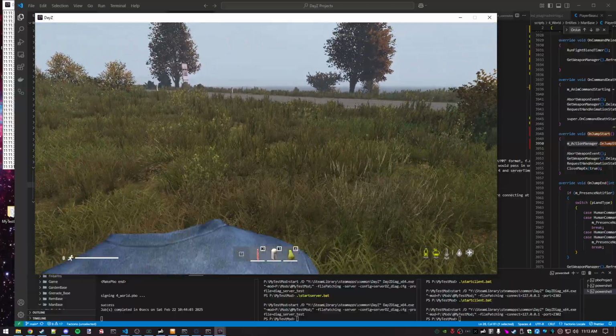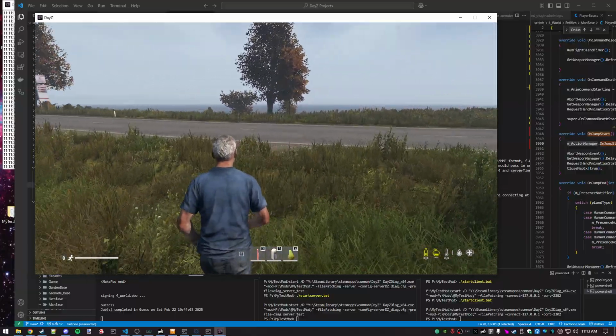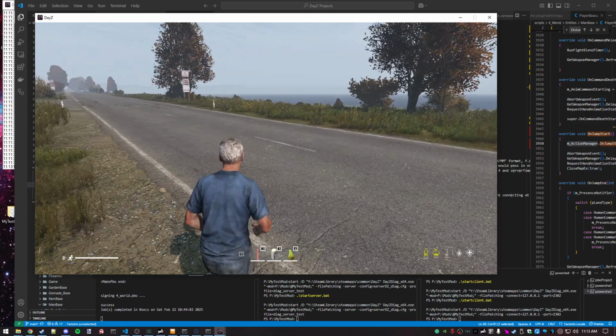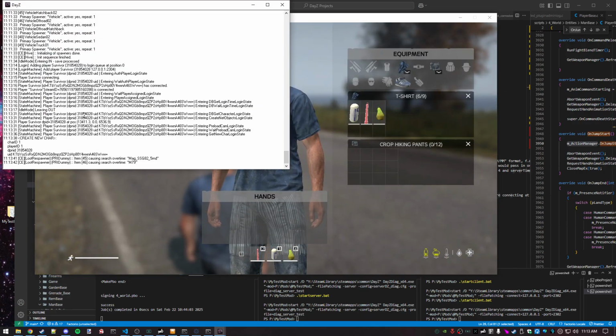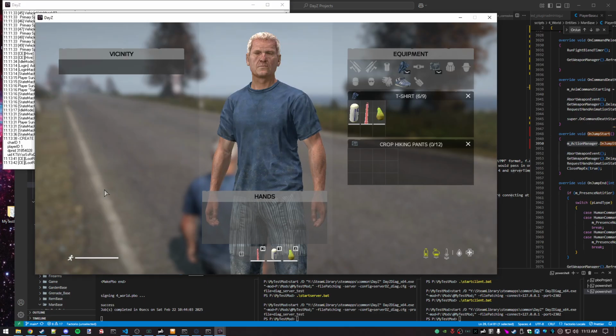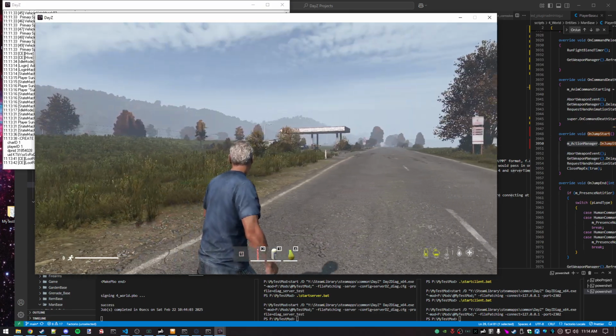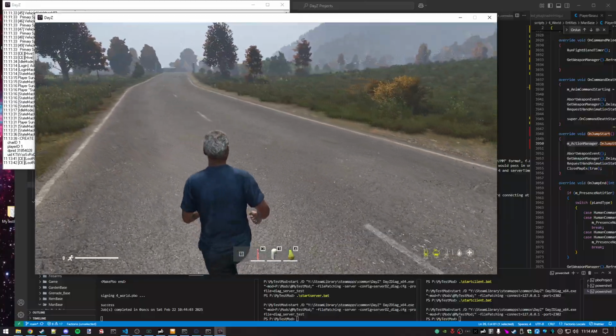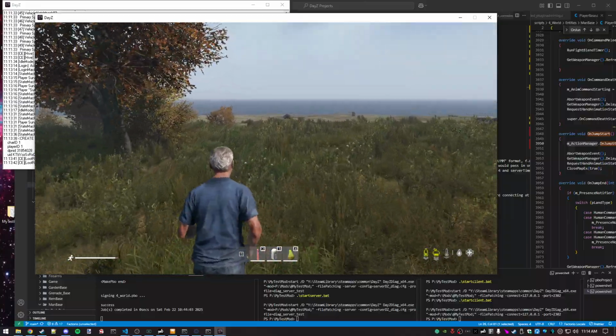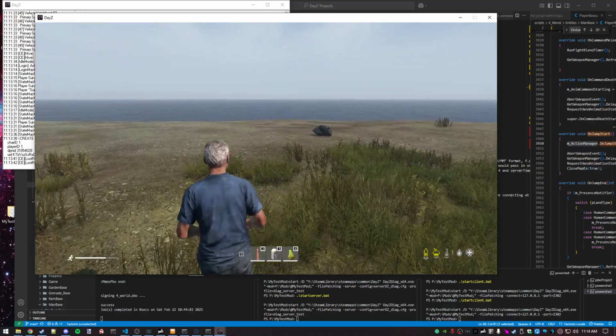Okay, all right. So at this point, a lot of hard work has gone into starting a diag server. You can see my player has joined. Then we have joined the server via our client, and we're running around here. And I don't have any admin tools, so I can't like. Oh wait,